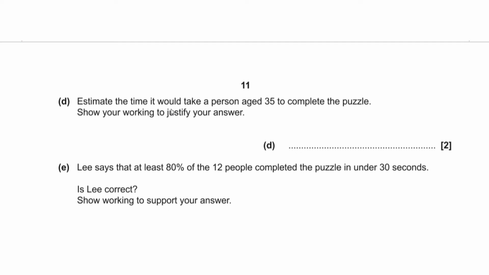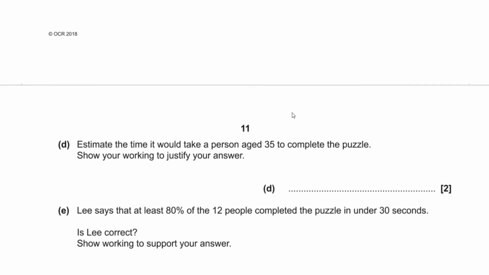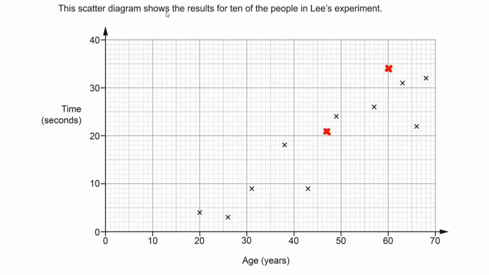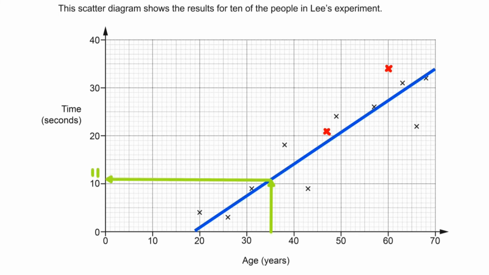Part D, estimate the time it would take the person aged 35 to complete the puzzle. Show your working to justify your answer. Well, what we need to do to begin with is draw a line of best fit on the scatter diagram. So we want roughly the same amount of points above the line as we have below the line, like so. And for an age of 35,